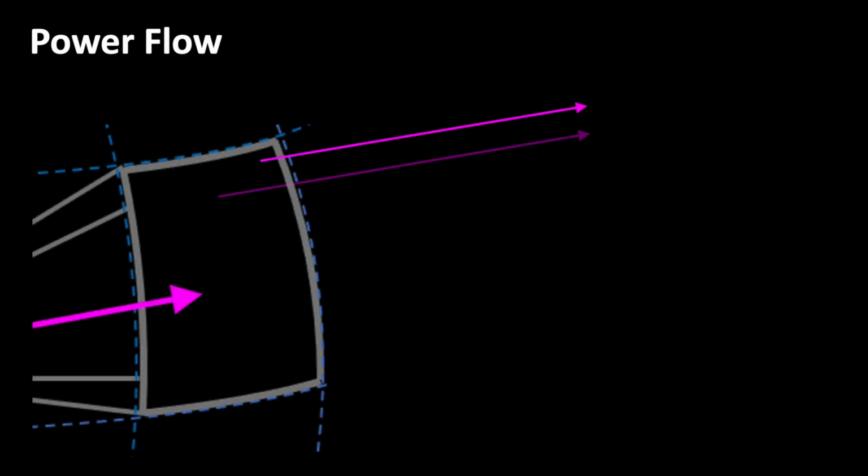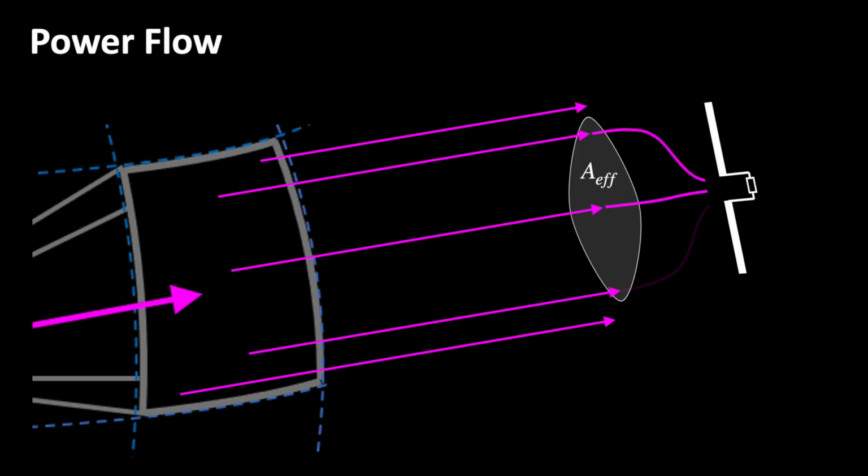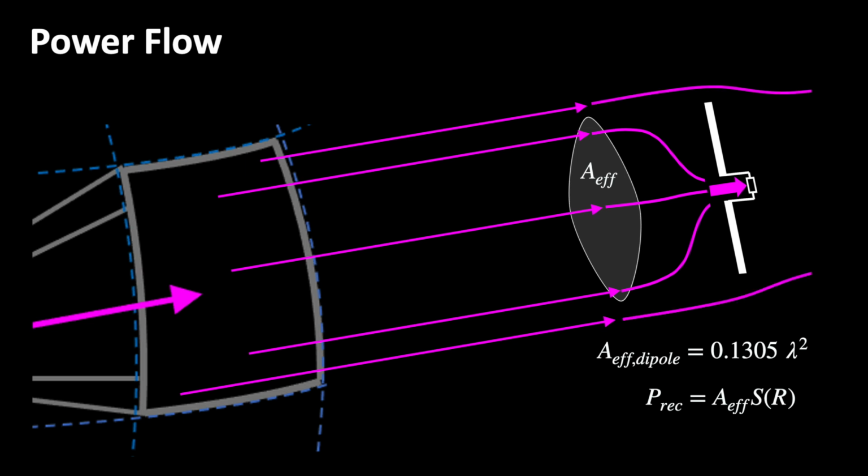Next, we want to receive our signal with a dipole antenna, and we are wondering how the power is getting from the air into the receiver, which I represent simplified as a resistor. Looking at the energy flow lines in space, we can guess that a part of these lines will somehow reach the receiver. Actually, an antenna has a so-called effective area. For a dipole, it is equal to 0.1305 lambda squared. The RF power flowing through this area is guided by the antenna into the input of the receiver.